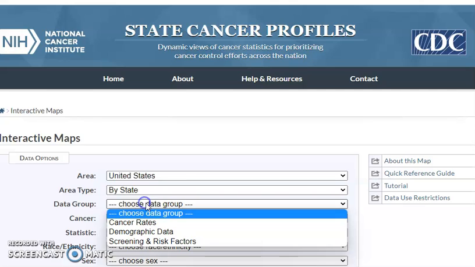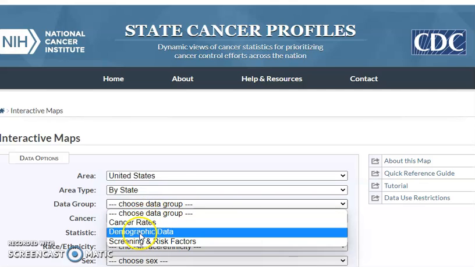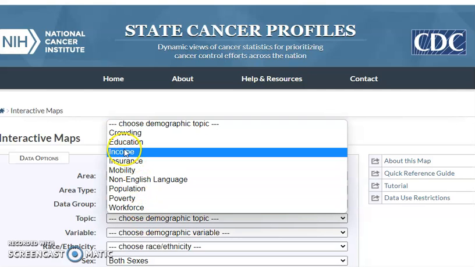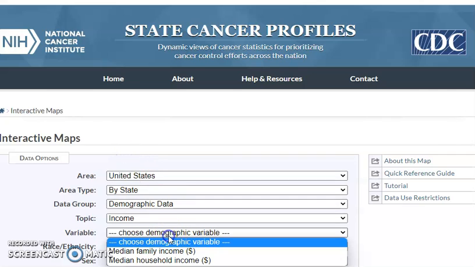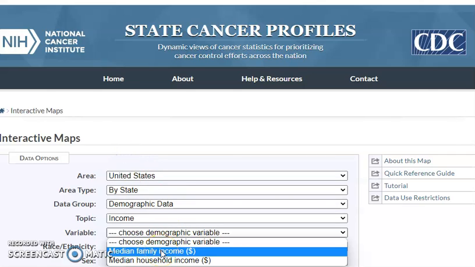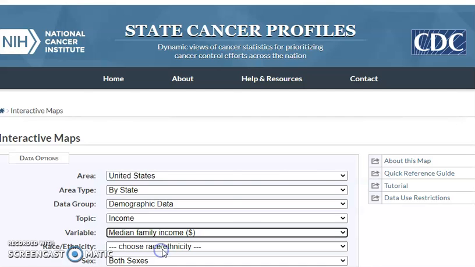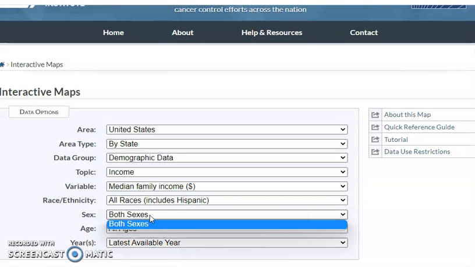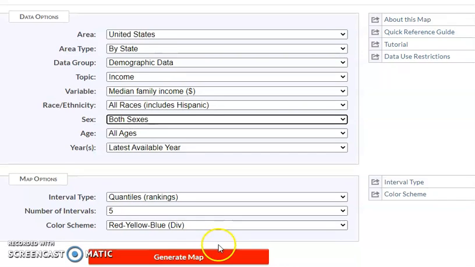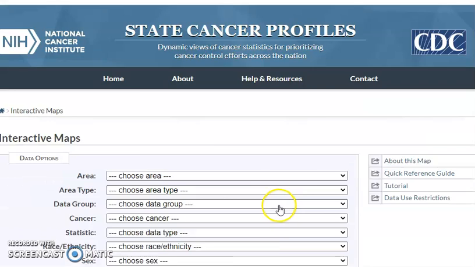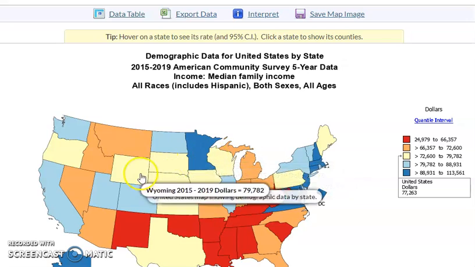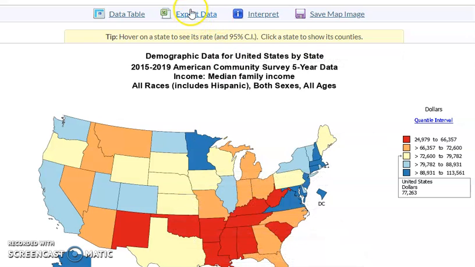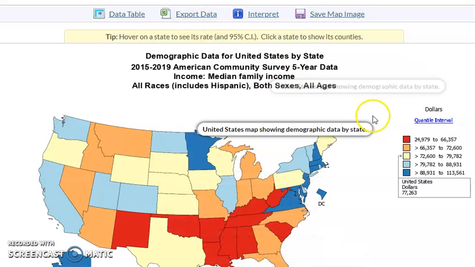And we're going to look at all states by state, and we'll start out with demographic data, and we'll look at income and median family income and all races, both genders, all ages, and then we'll click on generate map, and we can include that in our report, and we'll save the data here. We'll click on export and save that to your computer,